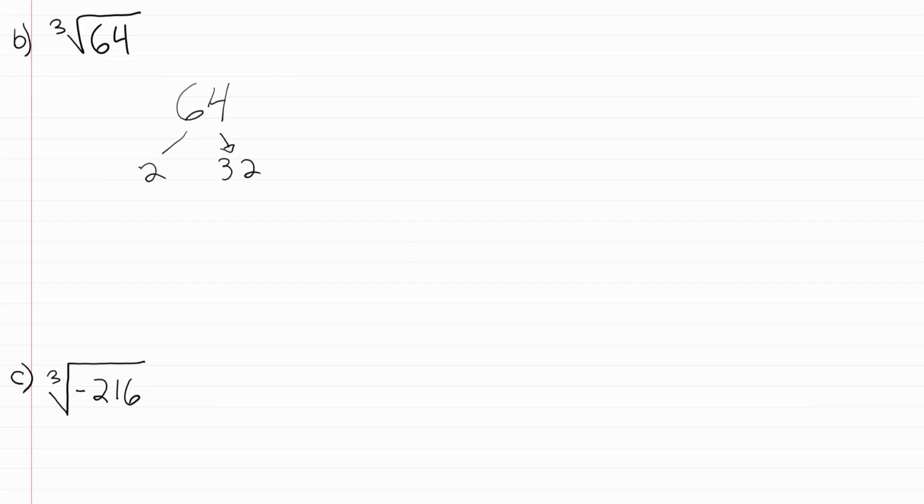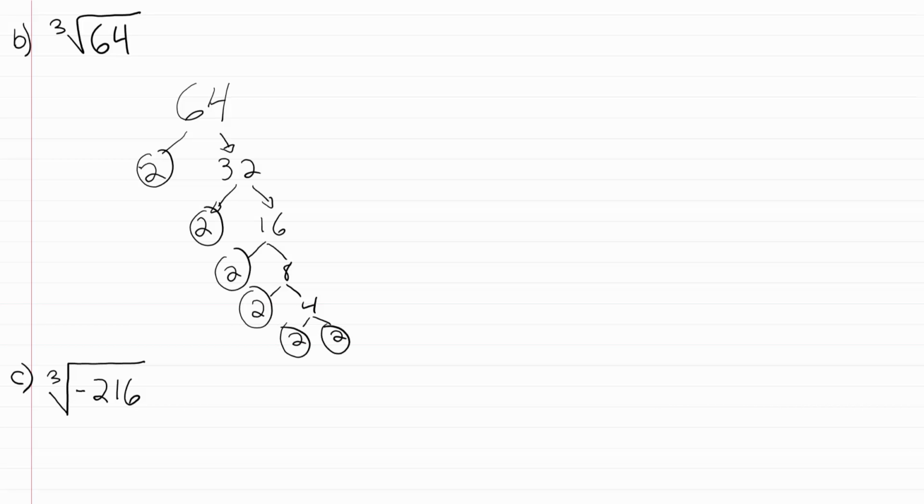And just like we said before that, okay, well then 32 broke down to be what? You could say 2 times 16, right? And then you could even say what? 16 is 2 times 8. And then 8, of course, is 2 times 4. And then you know that 4 is 2 times 2. So all the branches are terminating at 2 again. And then at that point, you'd be able to say, all right, so 64 again is 2 to the 6th power, or in other words, it is 2 times 2 times 2 times 2 times 2 times 2, 6 2s all together, right? Okay, so you have your 6 2s,